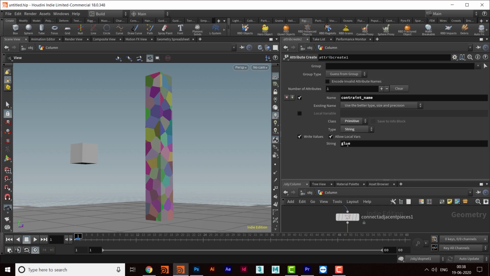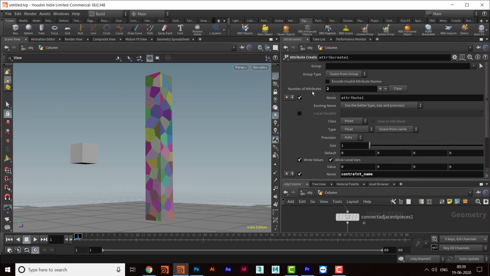Why? Because I want all the pieces glued together. So one constraint is there and its name is glue, and then I will create one more attribute here. Click here to get the other input. So I will come here and then constraint_type.